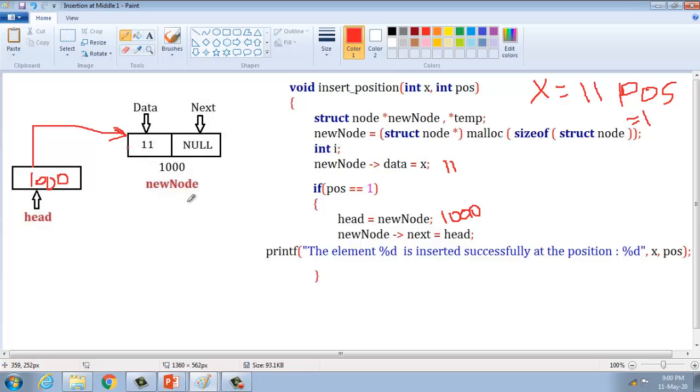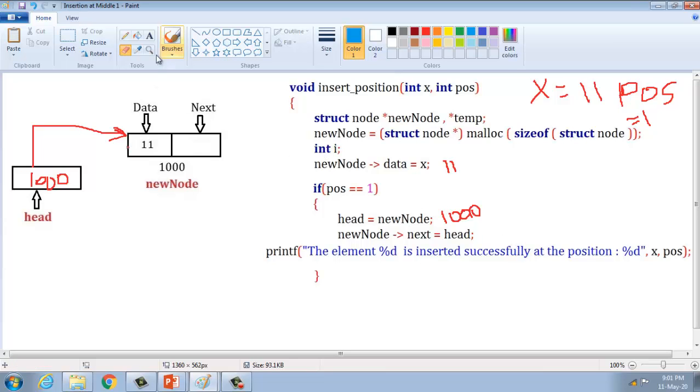Have you understood? This is a singly linked list. How can we identify a circular singly linked list? We have to create a link from the ending node's next field to the starting node address. That is new node of next. New node of next, which before was null, should be changed into the starting node address. What is the starting node address?